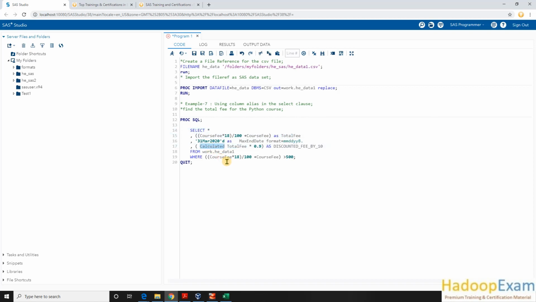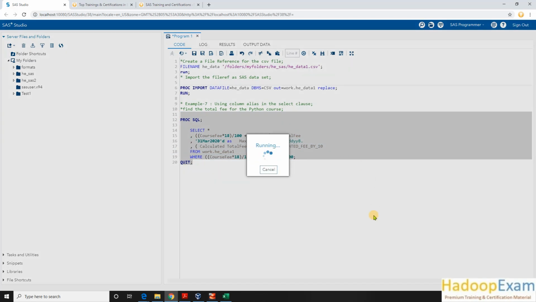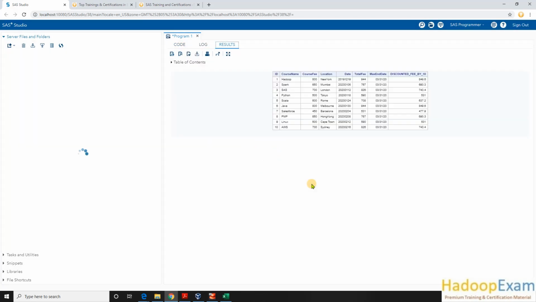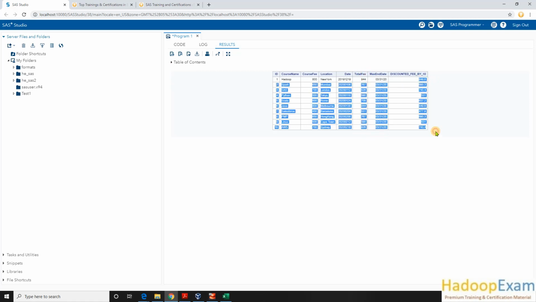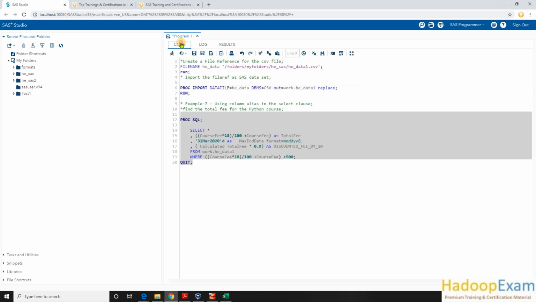Similarly, I put CALCULATED in front of this, and using the alias operator I can give the name to this column: discounted fee by 10%. Now let's run this code, and you can see discounted fee by 10%. This is my 90% of the actual fee, 8944 minus 894.4 dollars. So this is how you can do it even in the select statement.